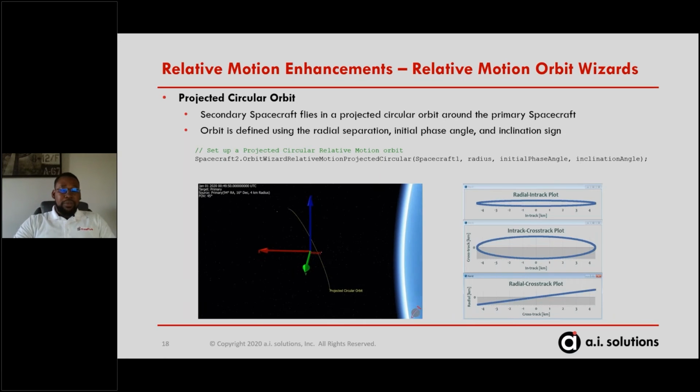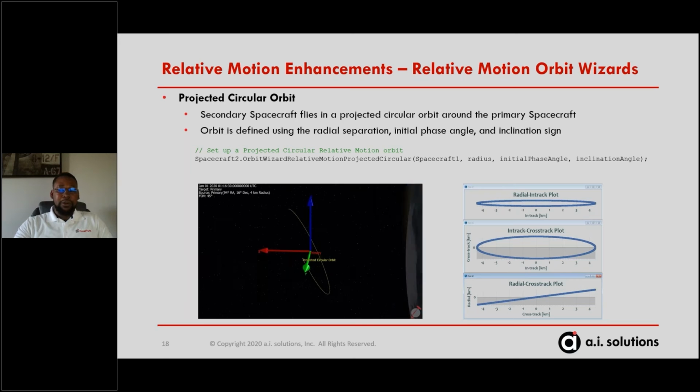Our next one is our projected circular orbit. Now, this will just project a circular orbit around the primary spacecraft, where your orbit is defined using a radial separation, an initial phase angle, and an inclination angle. So similar to our circular orbit wizard, the main difference is that the projected circular orbit wizard causes your secondary spacecraft to revolve around the primary spacecraft in an ellipse,